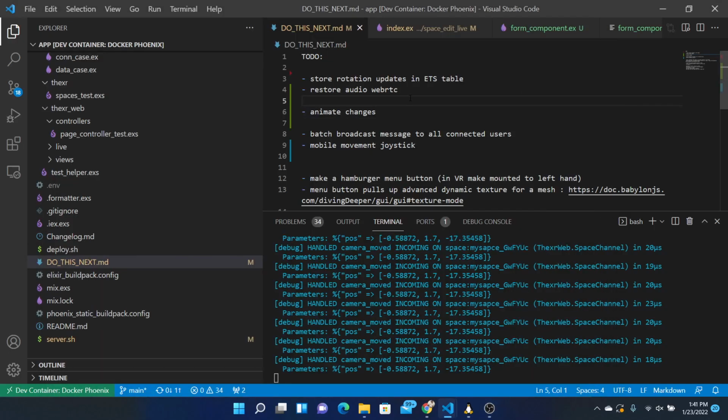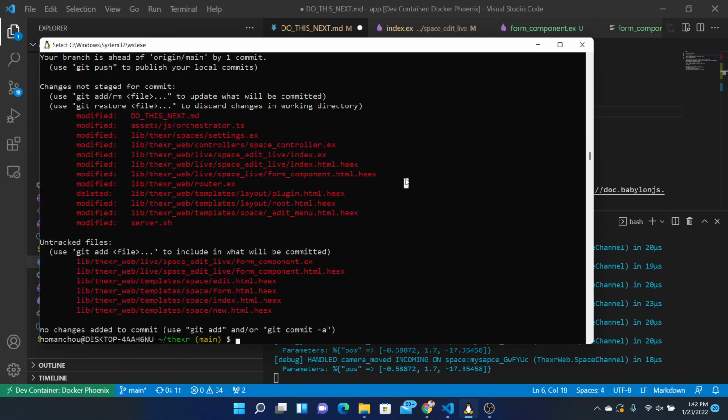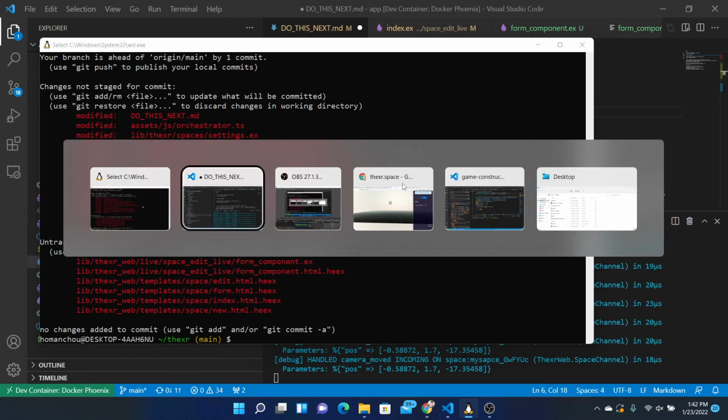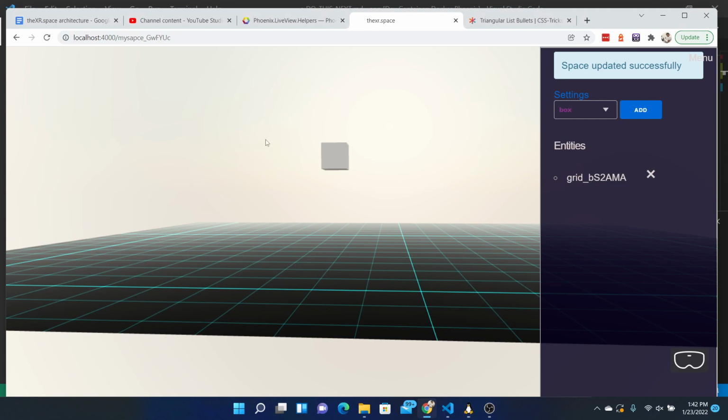Welcome back. I made some changes and I want to talk through them. So last time I was, well, let's just look at the diff. So I made some changes so that we can see